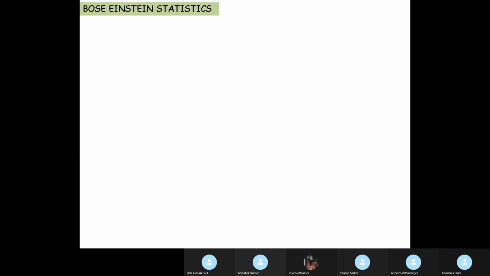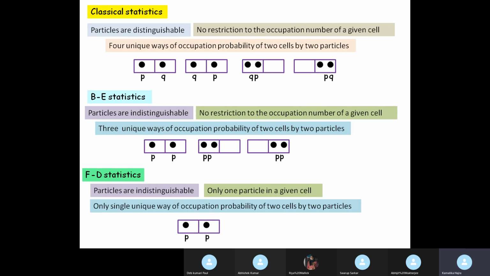Okay. After this, we will start Bose-Einstein statistics. Of course, I will not do that in today's class. I will send you the slides. You go through these. The concept of why quantum statistics comes into being. The concept of occupation index, that number Ni by Gi. How when it is very much less than 1, the particles are distinguishable, and how when Ni by Gi becomes of the order of 1, the particles become indistinguishable. That reasoning is very important.